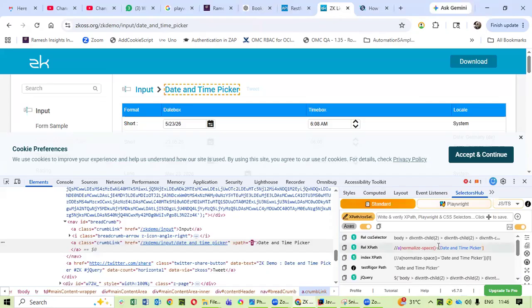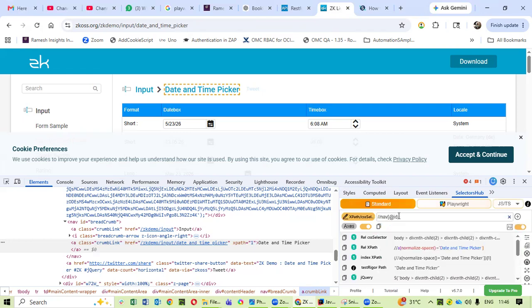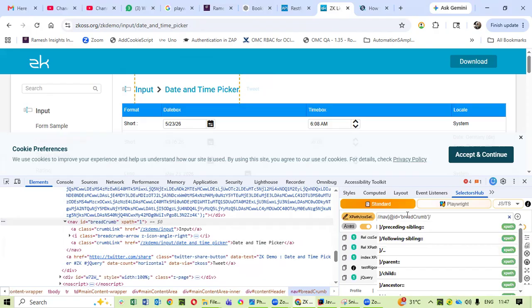See, this is the one you will get here. So you can have an ID, we have to write. You can write your own also. Let's see, I want to write my own. This is not proper, I'm just writing my own. So double forward slash, now square bracket @ID equal to breadcrumb. This ID you can give, right? This ID you can give. Square bracket close,